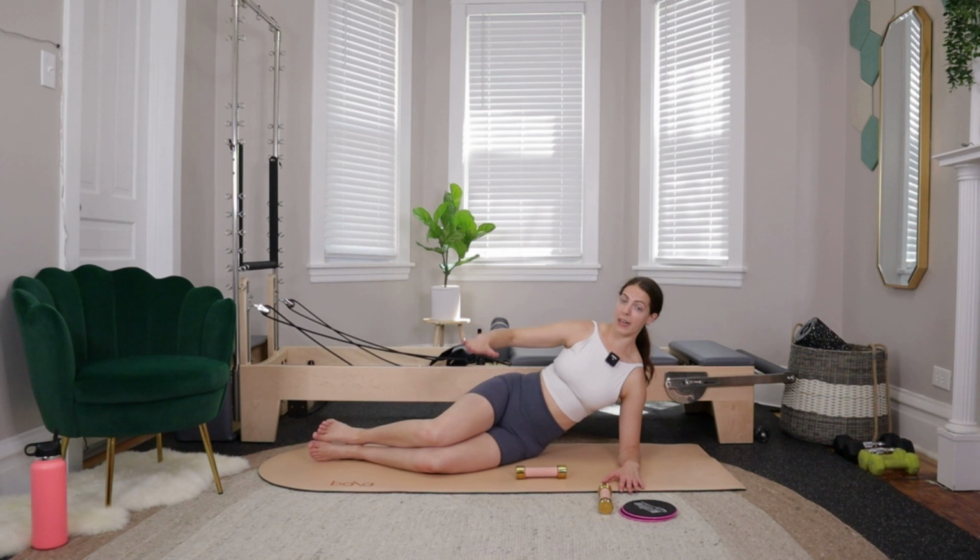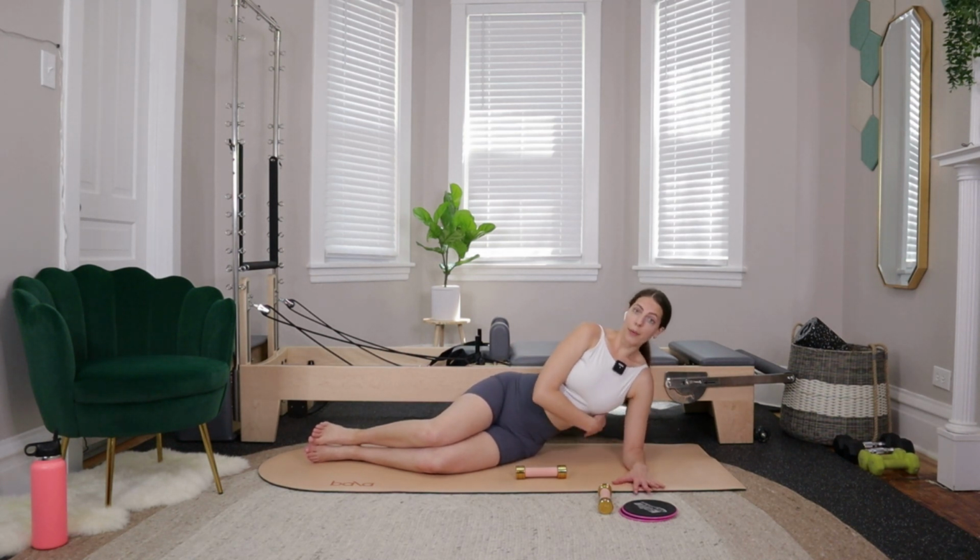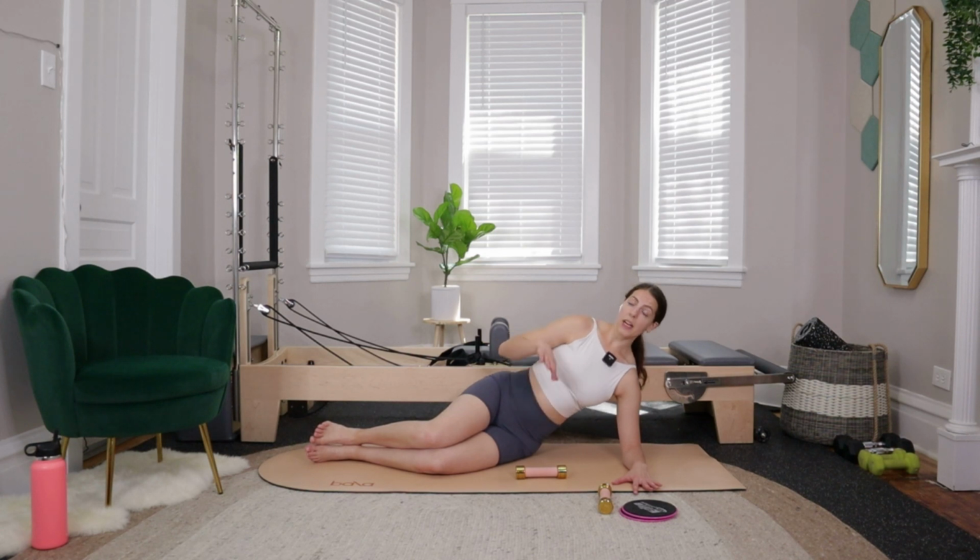Flex both of your feet. Press into the outside edge of your right foot. Your shoulders on top of the elbow, fingertips are reaching long towards the long edge of your mat, and we're pressing up and away from our mat. You kind of know we're getting into a side plank on this one, so imagine you're just holding in that side plank